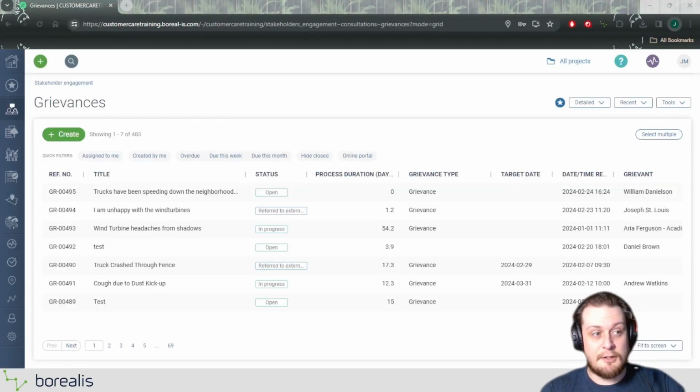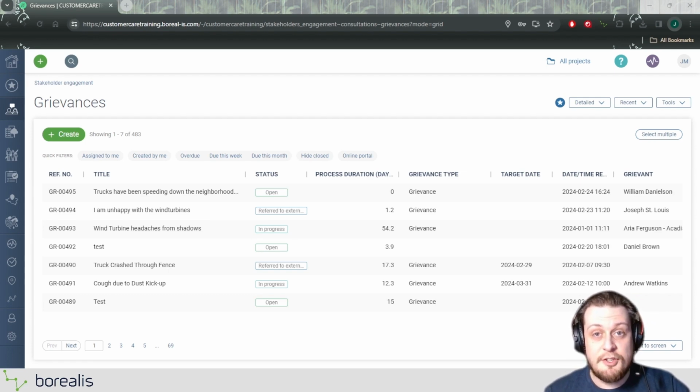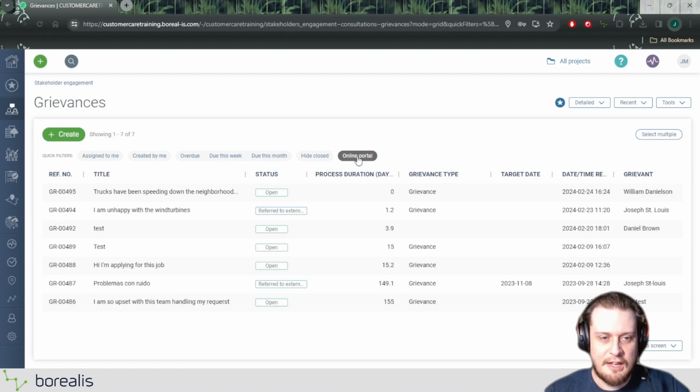Now, we're back here inside of Borealis, inside of the grievance form in the stakeholder engagement module, and I just want to show you how now we can find grievances or feedbacks that have been submitted to you by your stakeholder. So we have some quick filters here at the top, and the one you're looking for here is at the end called Online Portal. If I click on this, it'll actually show me all of the grievances that have been sent through the online